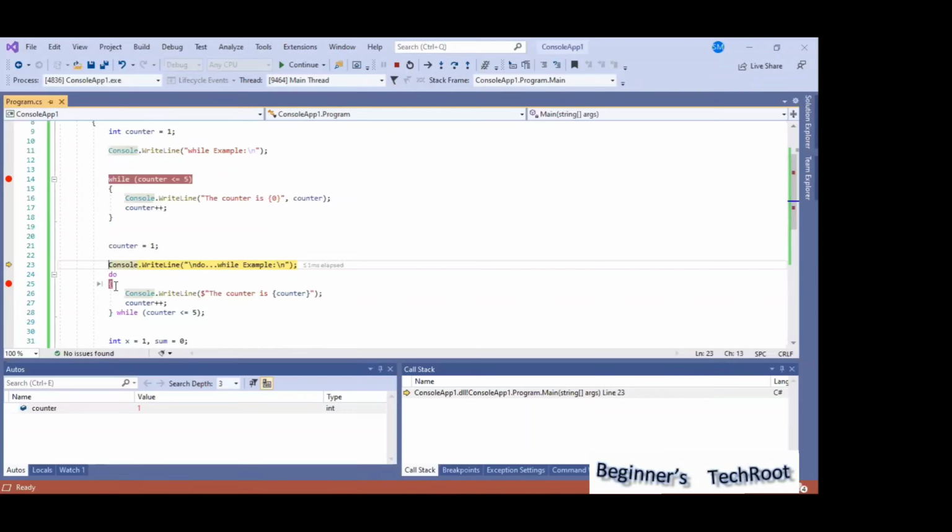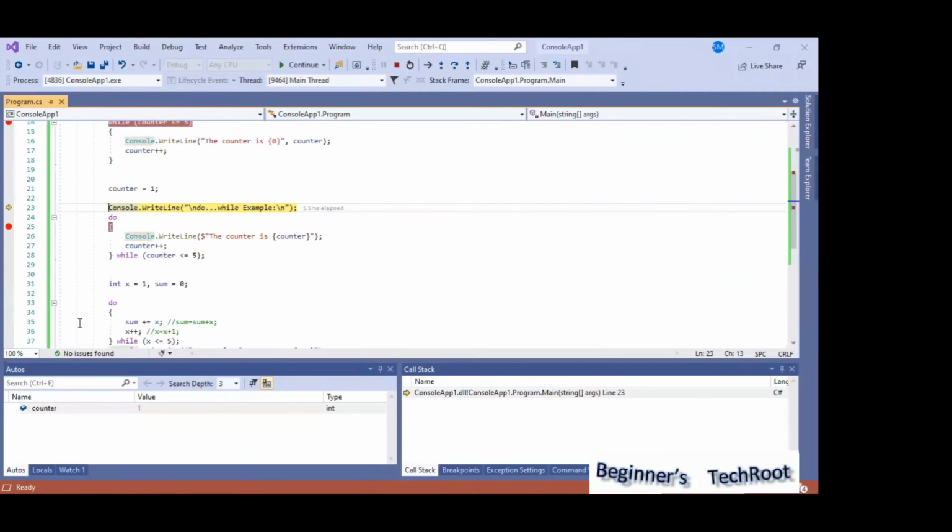If I want to go to a breakpoint somewhere else, for example here, and I run this, it will go directly to that breakpoint. If I click continue, see, it stopped right here.